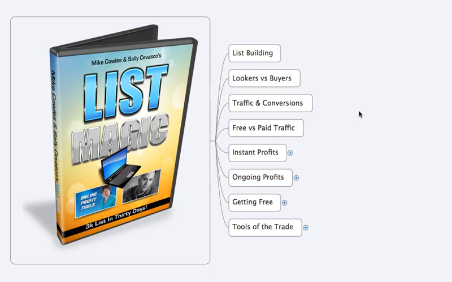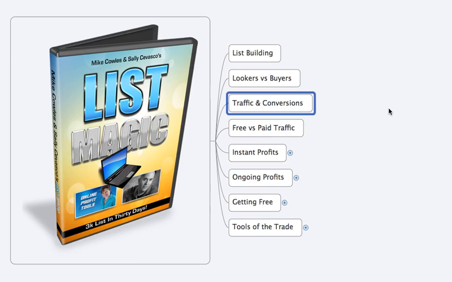So, the other element on the technical side is to segment your list from lookers to buyers. We'll talk more about that in a bit. But the way to build your list all comes down to two things: traffic and conversions. You get people in front of your squeeze page offer, and you split test it to get it to convert. The absolute minimum conversion rate you want for your squeeze page is 25%. That's one out of every four people who come to your site saying, heck yes, here's my email address, I want what you're offering.